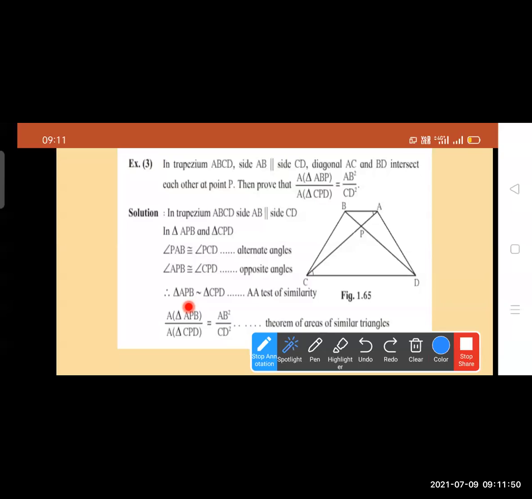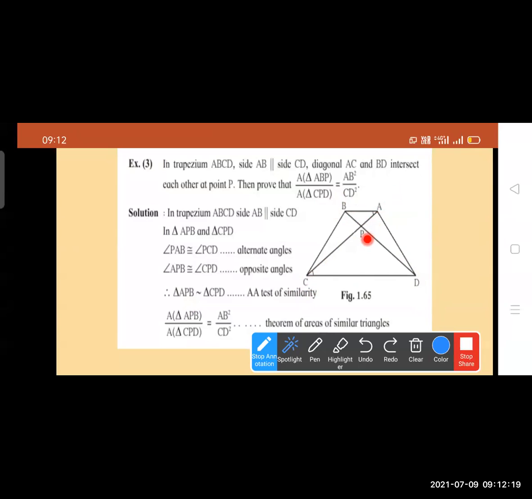In this question, a trapezium is given and they say that AB is parallel to CD and the diagonals intersect at point P. So we want to prove the area of triangle APB to the area of triangle CPD is equal to AB square by CD square. First, you consider these two triangles APB and CPD. These two lines are parallel and this one is a transversal. Then by alternate angle condition,